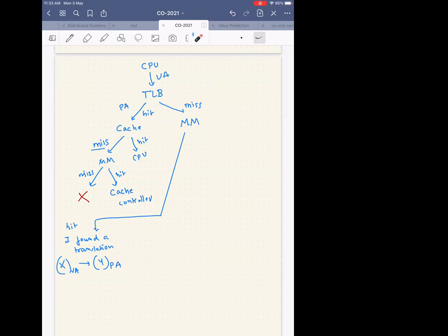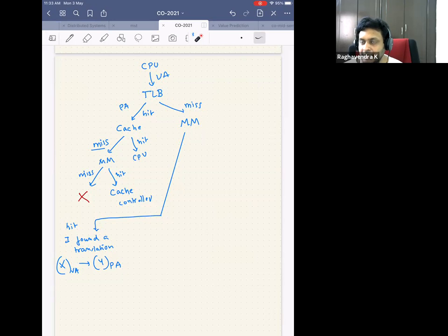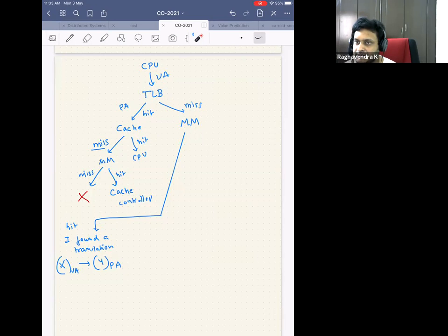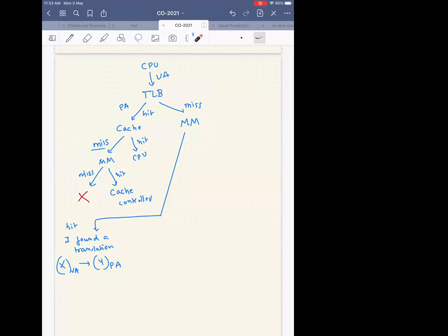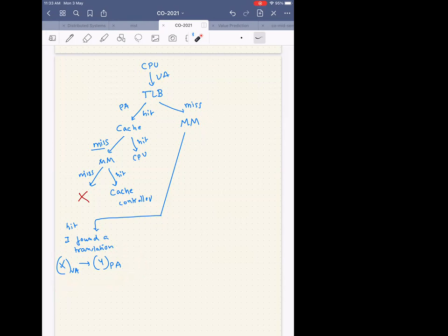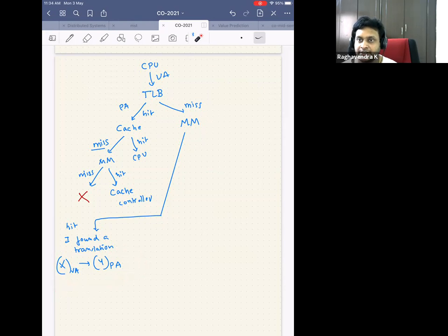So should I update the TLB in this case? Yes, you have to update it. But why do you update the TLB? What is the reason? Because now this is more recently used. Yeah, but on what basis are you updating the TLB? What is the guiding factor? You have to search in cache, right? No. Like she's saying, this entry should be updated in the TLB. But what is it that this entry has higher priority than the previous entry that is already there in the TLB? This was more recently used, and it's going to be there in the cache, but it's not there in the TLB. So next time, if I need this... Yeah, but what is guaranteeing that the CPU might generate an address which belongs to this translation and not the previous translation?